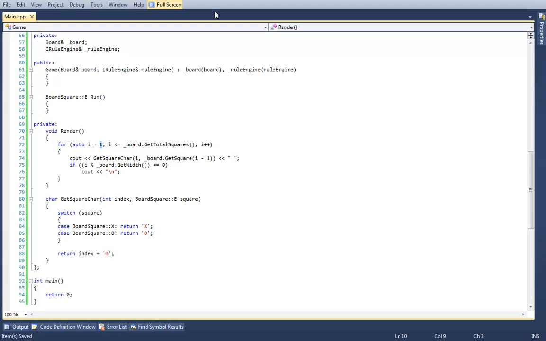But when I actually get the square out of the board, I need to subtract 1, because the indices are 0 index based, even though the user interface is going to be 1 index based. And these sorts of minus 1 here and plus 1 there and less than or equal to, you'll either get a grip of them, or they will make your life hell, or quite possibly both.